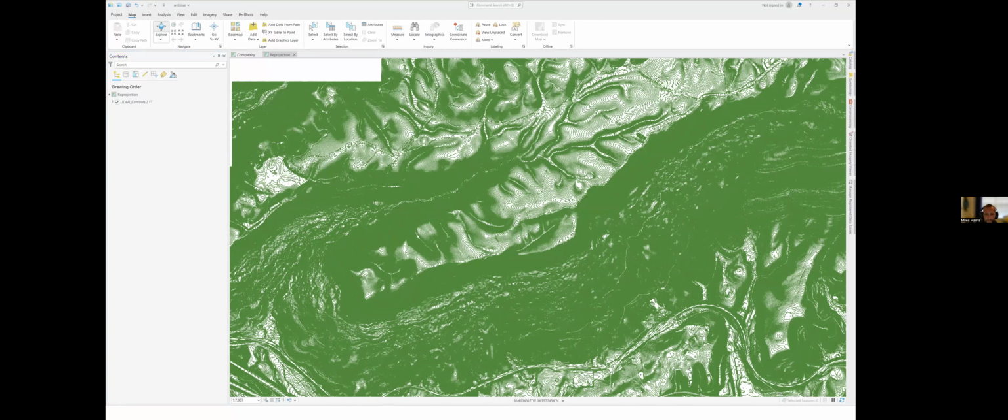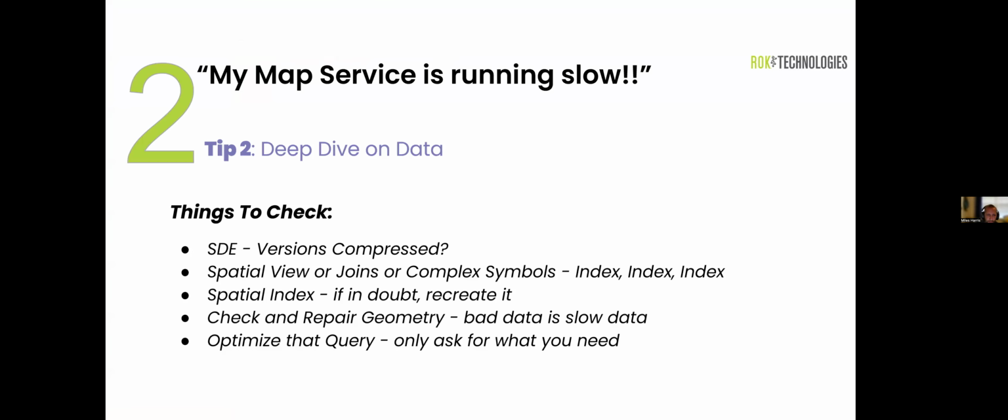All right, let's get back to the PowerPoint. All right, do a quick deep dive on your data. So if your data isn't drawing fast like you expect, obviously that's going to impact your performance. So let's take a little bit of a deeper dive on the data and some of these gotchas that you can check for. The first one, and this is a biggie, if you're working with traditional versions in the Enterprise